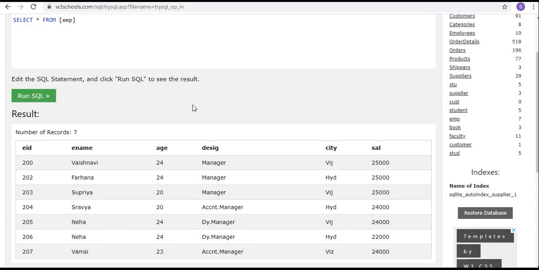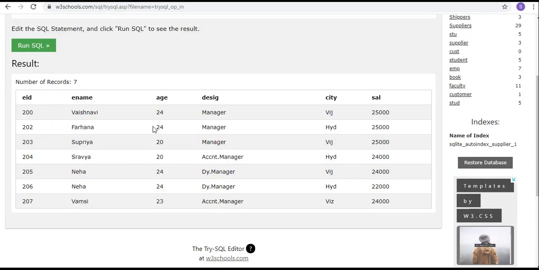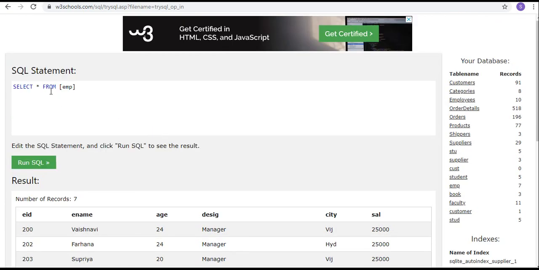Okay. Now I want to know how many are from Vizag, how many are from Vijayawada. I want to display all the details. Okay, select star from EMP, group by, select the number of employees.